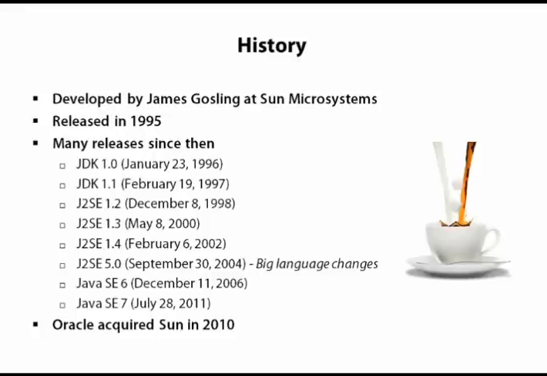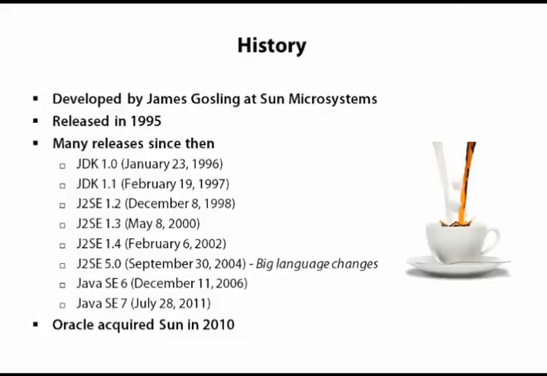So let's go through some of the history of Java. It's a language that was developed by James Gosling at Sun Microsystems, so that's where it was born, essentially. It was released in 1995, and it was a drastic change. There wasn't really a language like this before, a language designed to run on multiple machines that runs inside of a virtual machine. It was actually targeted initially for interactive television sets, which was way beyond its time in 1995,